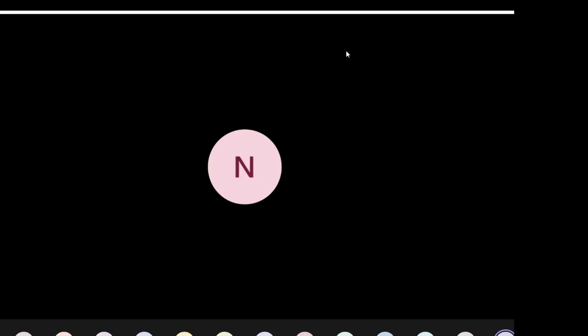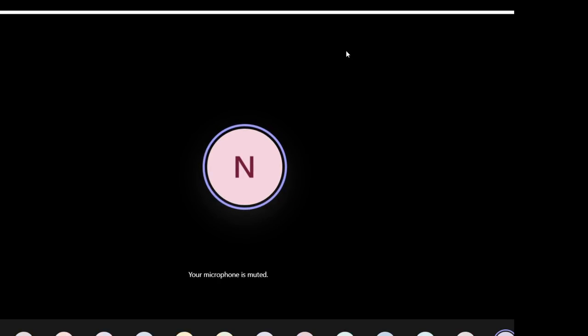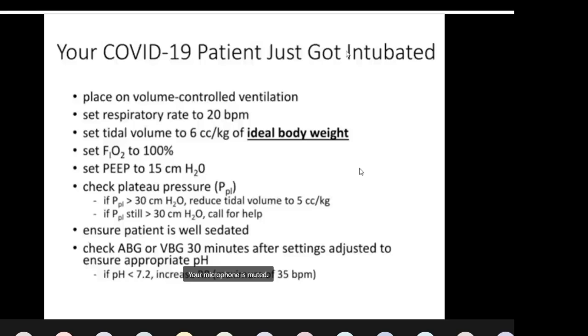Neeraj again, call on the ventilator as a primary setting. Now basically I would place him on volume control ventilation because that's the basic mode of ventilation that we can be comfortable with, and set him at a respiratory rate of 20 breaths per minute